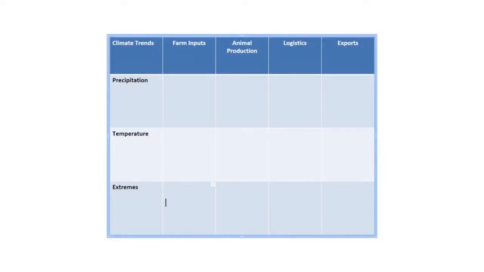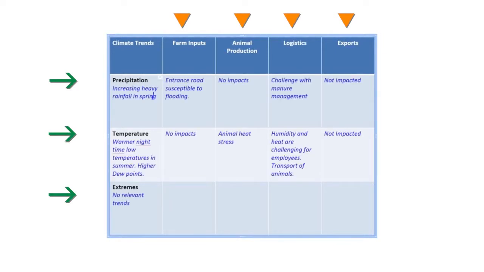A systematic audit will include a listing of the site-specific weather trends, annual and seasonal, followed by the impact these weather trends might have on the farm operation. Some might like to organize this information in a table format. When doing this, try to list as much detail about the potential impacts, including economics, as possible. This more detailed information is useful when planning responses to protect from or decrease the risk of these impacts.